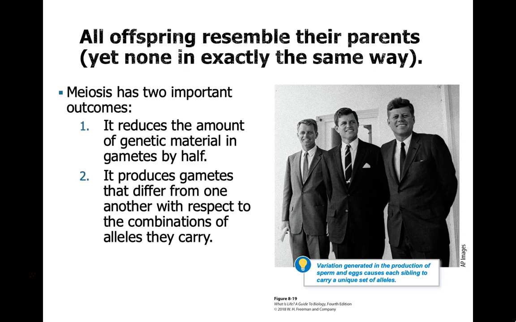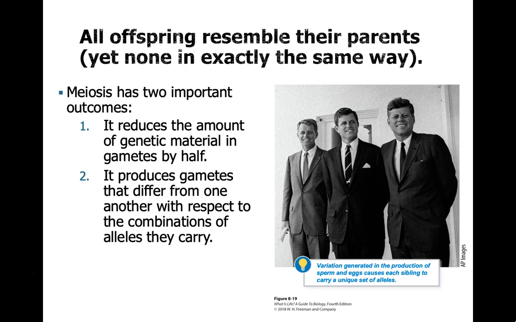So essentially, the egg that was fertilized to make you was kind of a mixture of your grandparents' chromosomes. Same thing with the sperm. The sperm that fertilized the egg that became you was sort of a mixture of chromosomes from your grandparents. And this is why we see families looking really similar. And you can often tell siblings, even if they're not identical, because they have similar features because they've come from the same combinations of gametes.